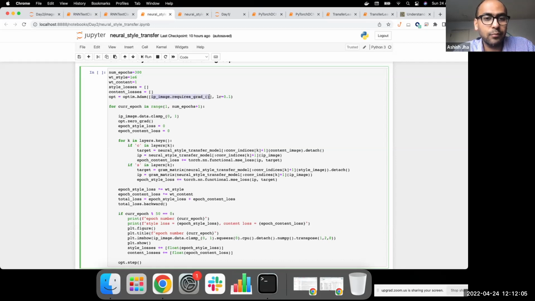So we are setting the input image, which is a tensor, to trainable format, and then passing this as the input to our Adam optimizer. This is the neat trick, and basically the essence of this whole application, where we are asking the optimizer to tune the pixels of the input image.